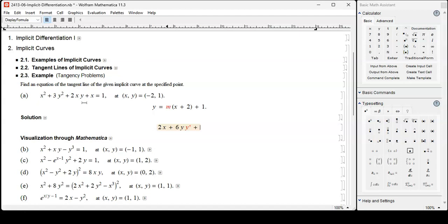Next, we have a product 2x times y. The derivative of the first function is 2 times y. And then the first function 2x times the derivative of the second function, that's y prime. I don't need that many dots here. And then here, highlighted in red. Okay, now the derivative of x is 1. Right hand side,